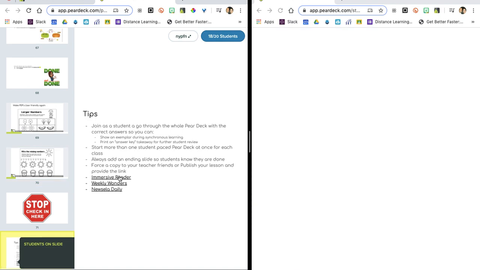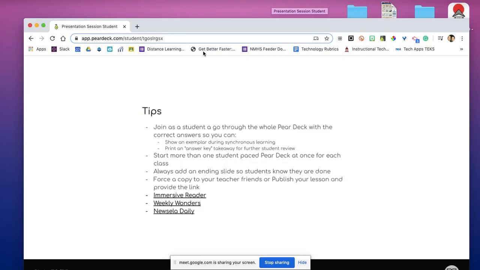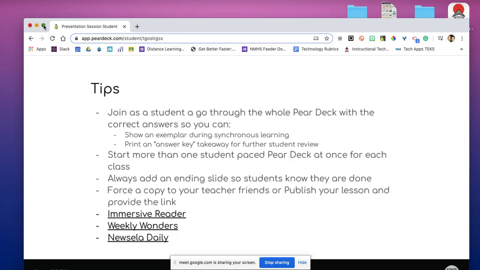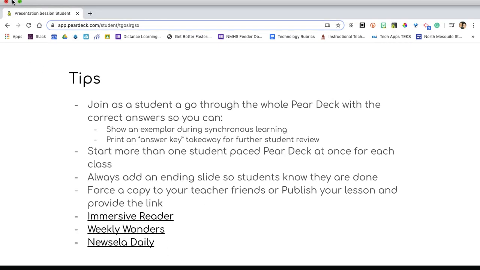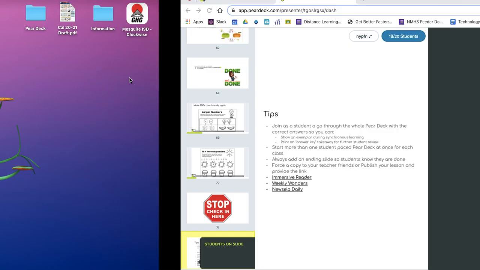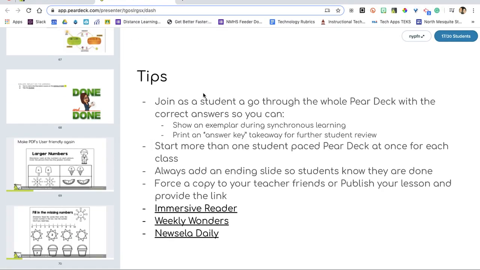All right, let's talk about these. I'm going to exit out of my student-paced session. I don't need that anymore. I'm just going to come over here, and look here, because we're going to go a couple of different places. Hold on, this is not the right one. Sorry, here we are. All right, like I told you guys, you want to join as a student, go through the whole Pear Deck, and you can put all your correct answers on. And then when you end the Pear Deck,